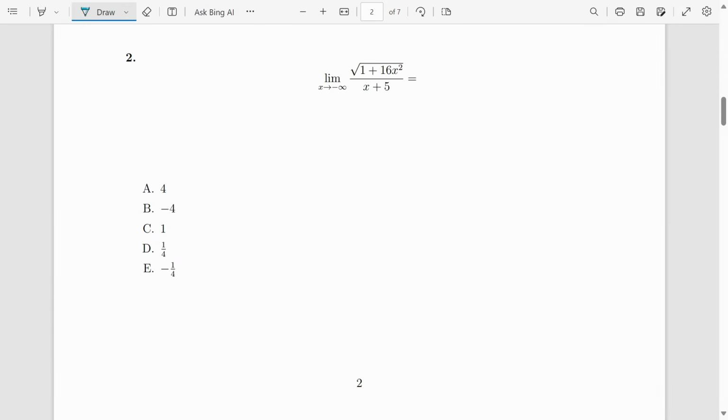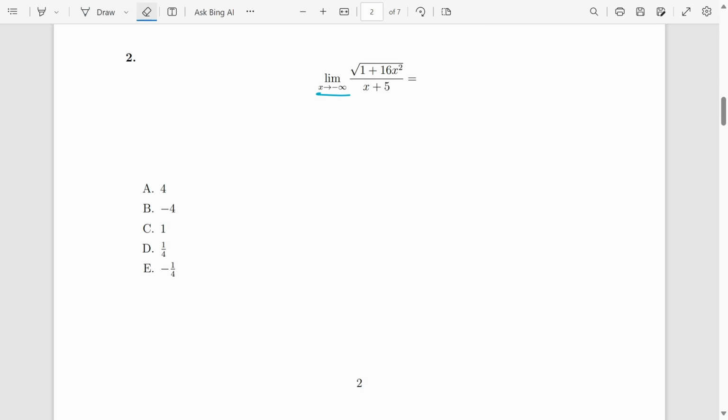Question 2, this is another limit where x approaches negative infinity of this big fraction here. So I'm going to take this question to teach you guys about how you can use approximation techniques to figure out a lot of these limits as x approaches infinity. So